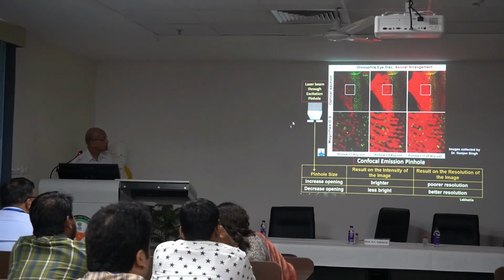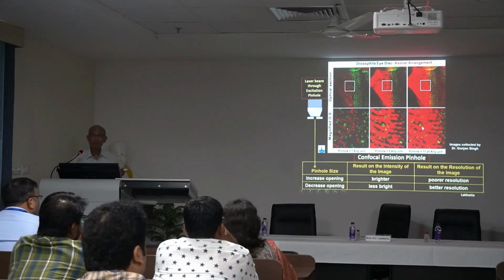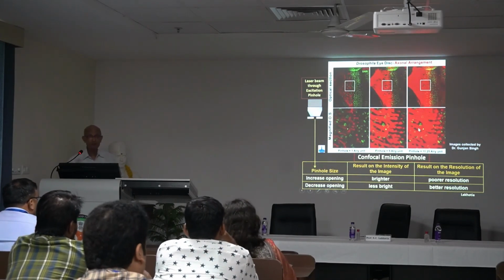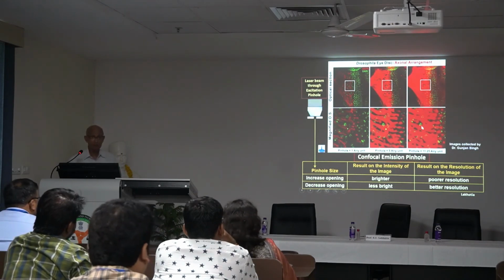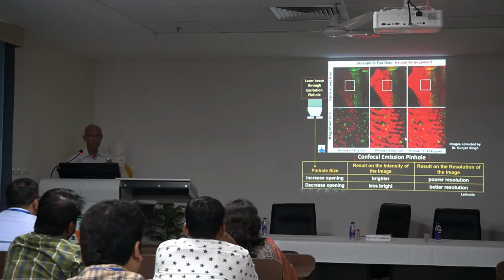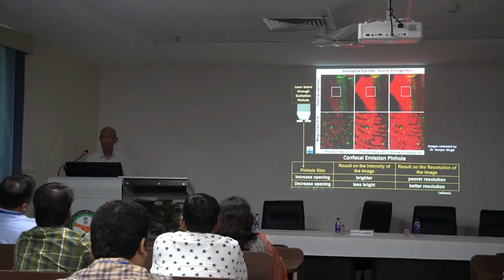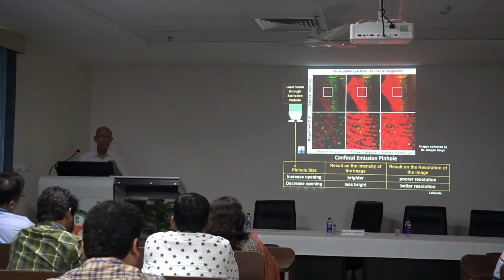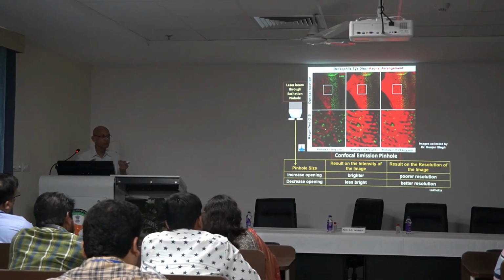You make it still more open, everything is merged. You don't see the final resolution. Then your image becomes more like a normal fluorescence microscope. So this is what one must adjust. Ideally, your confocal pinhole should be 1 area unit. But sometimes fluorescence is very weak and you may not get it. Then you have to open it, but not open it so much to get a bright image and then lose